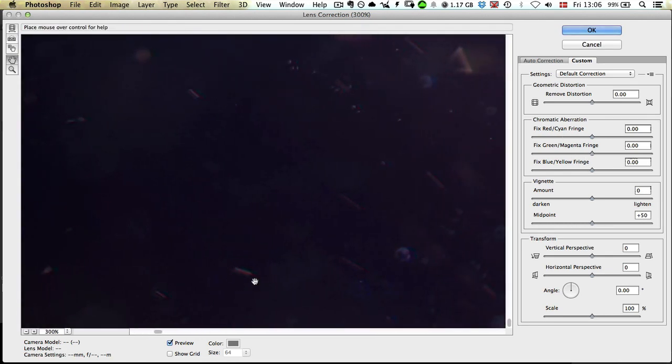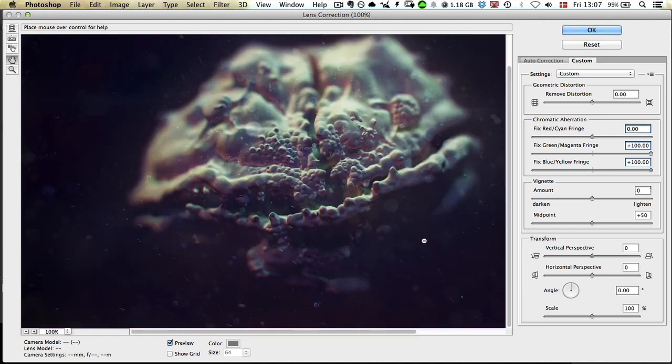I've added this blue-red chromatic aberration, and the way I did this is you pull up the green, magenta, blue, yellow, and then you pull down this one, and you can see the more this gets pulled up, the more chromatic aberration we get. And then I also used the lens correction to add a vignette,